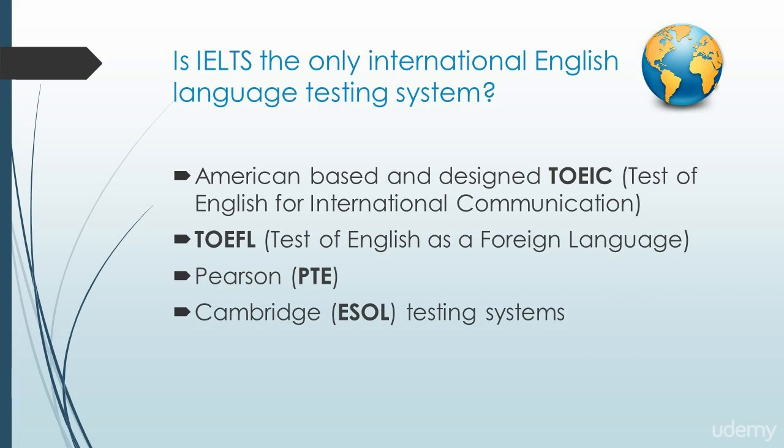Is IELTS the only international English language testing system? No, it's not. There are also the American-based Test of English for International Communication and Test of English as a Foreign Language System. However, TOEFL is not accepted for Indian students wishing to enter Australia, and the American testing systems are not accepted in some universities committed only to the IELTS system. And lately, it hasn't been accepted in the UK either. There are also Pearson, PTE, and Cambridge ESOL testing systems. But as I've mentioned earlier, IELTS is the most popular testing system used across the world, and many universities only